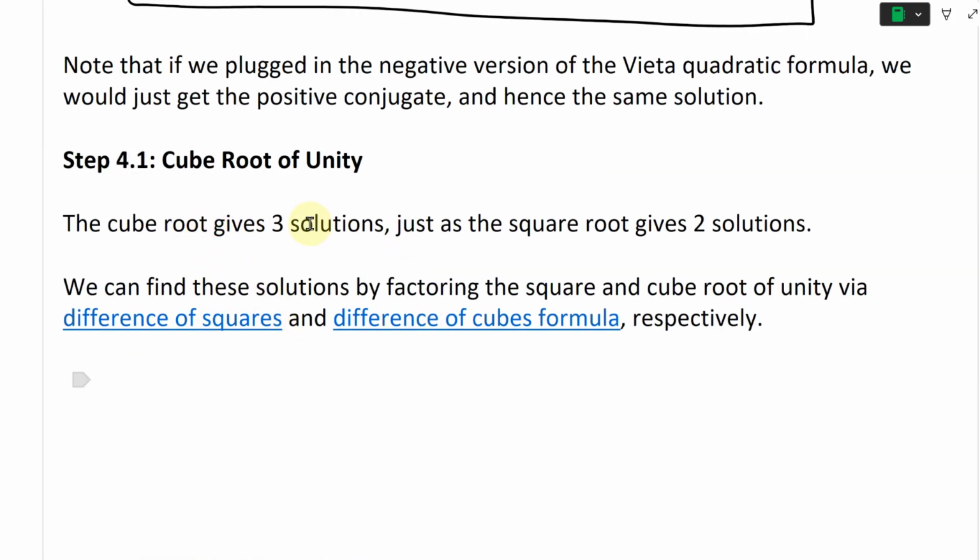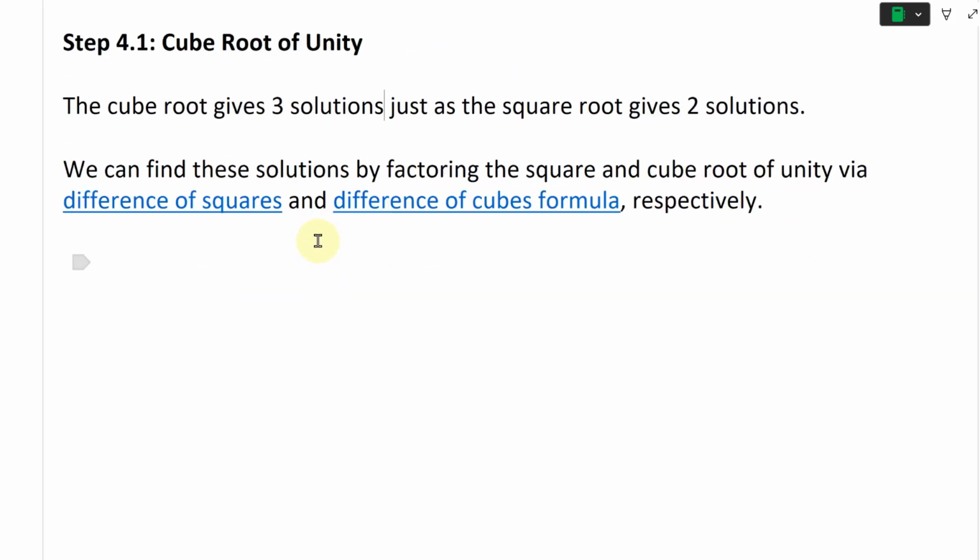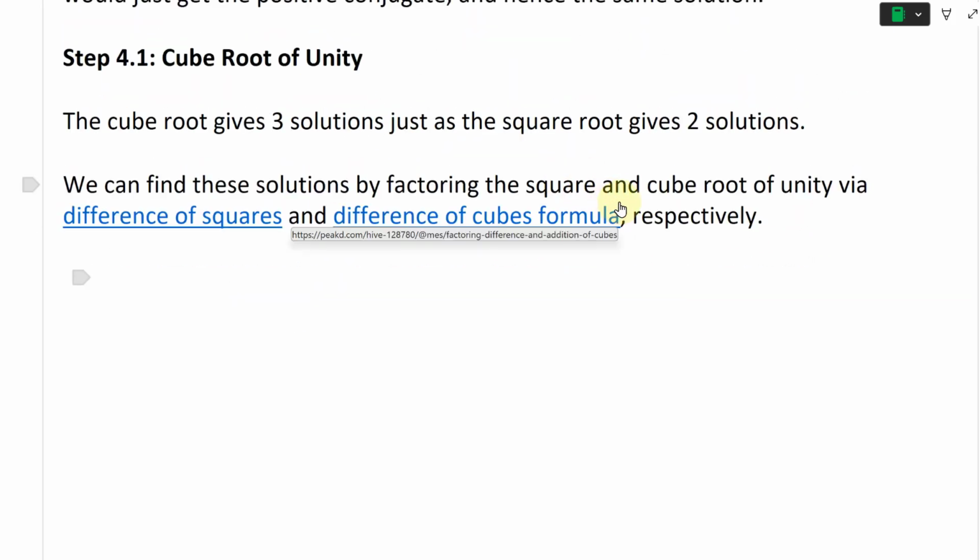And so let's continue further in this. The cube root gives 3 solutions, just as the square root gives 2 solutions. And we can find these solutions by factoring the square and cube root of unity via the difference of squares and difference of cubes formula, respectively. For example, let's take a look at the